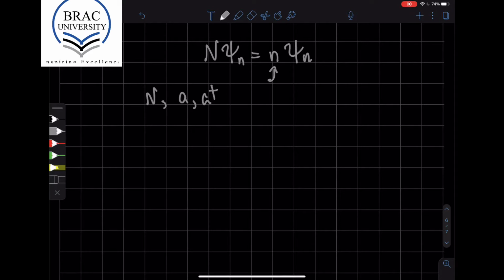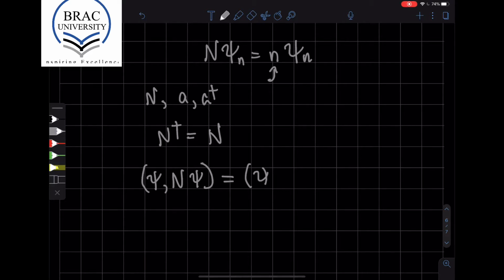Now, like the Hamiltonian, it's easy to show that N is also a positive definite operator. We have already seen that N is Hermitian. That means that its eigenvalues are real. But if I take N and take its expectation value with respect to some state psi,